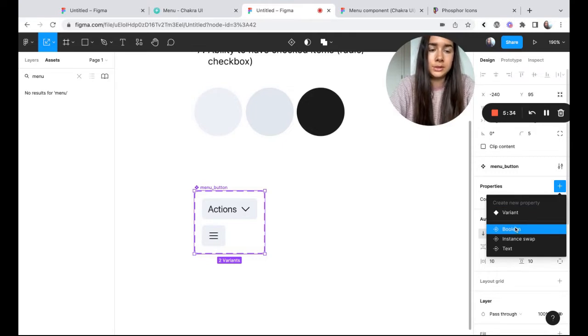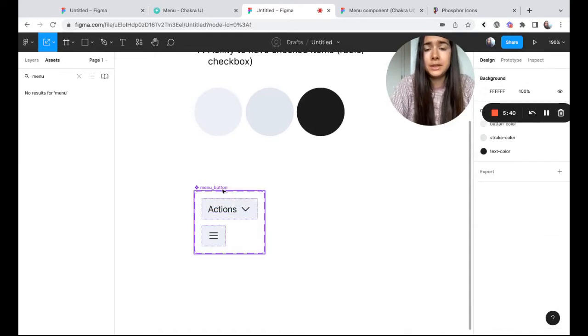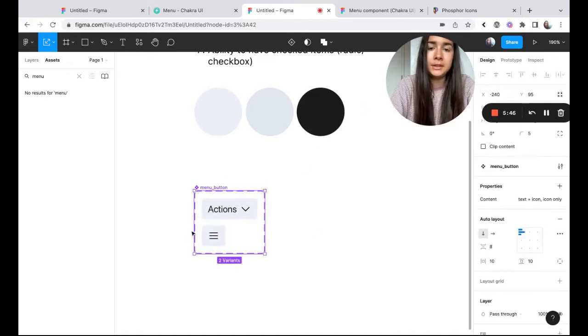For that, you would just pretty much set the visibility of the text layer. Personally, for this use case, I like using the variant, because we do just end up with two component variants, and we don't really have a lot of combinations to deal with, but it's totally up to you which option you want to use.